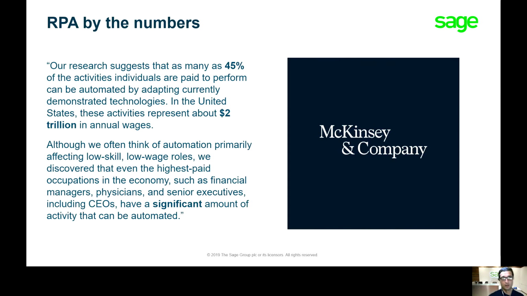So now we're going to look at this McKinsey article, talking about RPA by the numbers, and really giving you a better perspective of what to think about and what to look at when you're thinking about RPA. In this article, our research suggests that as many as 45% of activities individuals are paid to perform can be automated by adapting currently demonstrated technologies. In the US alone, these activities represent about $2 trillion in annual wages. So although we think of automation primarily affecting low skill, low wage roles, we discover that even the highest paid occupations in the economy, such as financial managers, physicians, and senior executives, including CEOs, have a significant amount of activity